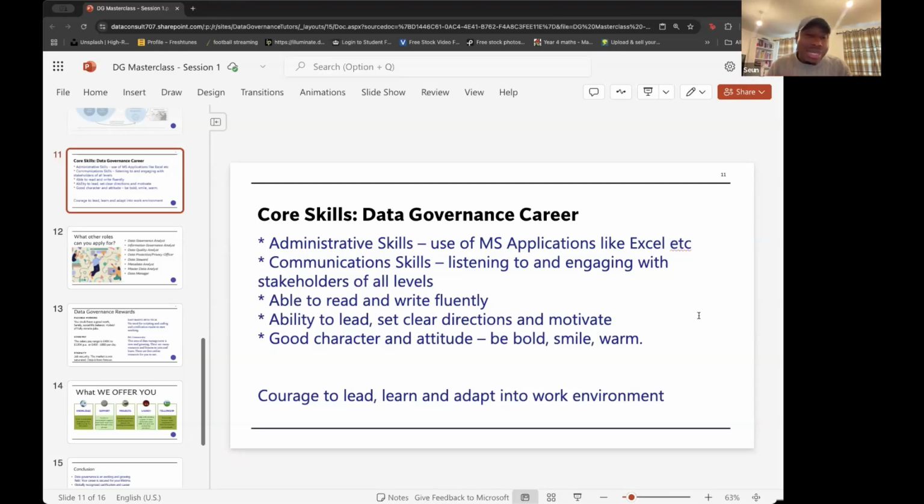All right. So lastly, the courage to lead, to learn, to deploy people into their working environment. That is a core skill also. You need the courage to lead. You need the courage to learn. You need the courage to evolve and adapt in whatever working environment you find yourself, because some of us work in different places, more than one. You might work in Amazon today, in the next 2 years maybe NHS, and 3, 4, 6 months after that,